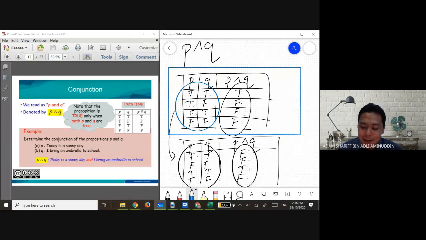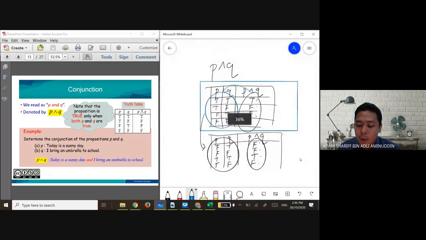When I mark, I just read this, T, F, F, F. Tetapi, if the answer is different, saya tak kata student tu salah dulu. Saya akan check pula aturan dia. Sama tak? Kalau sama, jawapan dia lain kat kanan ni, bermaksud dia salah.